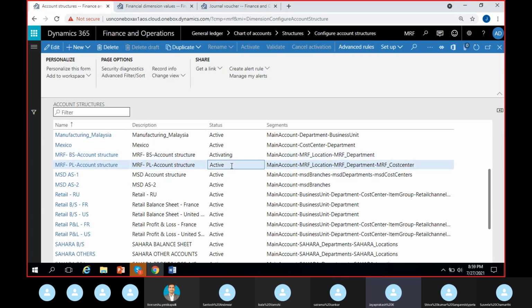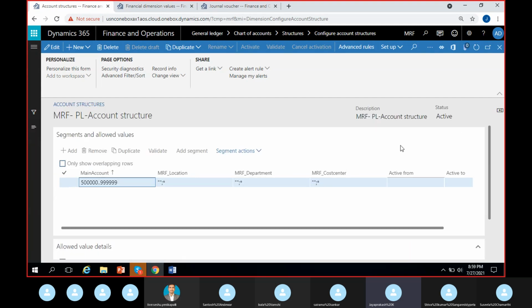And one more important thing, guys, whenever you make any changes in the account structure, suppose if at all you click on edit here and make some changes, or even if you make no changes and just click on edit, it will automatically change to draft. If you want to make any changes, you can make changes and again you have to activate